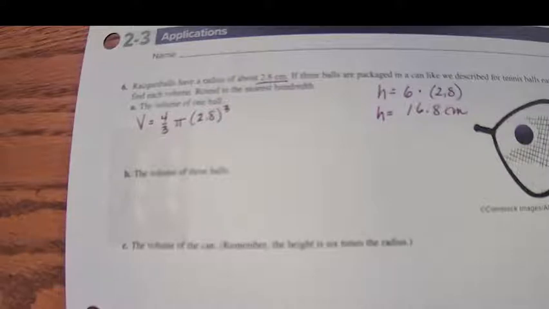So putting that in our calculator, 4/3 times, press the pi button, times open paren 2.8 and raise the 2.8 to the third. The volume of one sphere is 91.9523